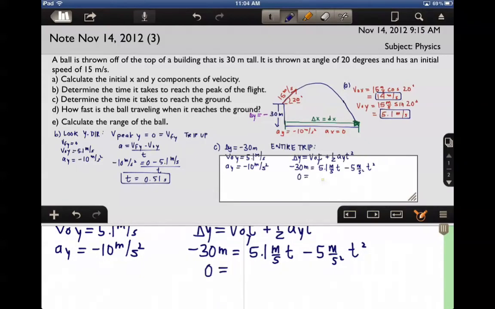I'm going to take the units out just to make it easier. 5t squared plus 5.1 plus 30. Oh, this should have a t in there. You can use a quad program on your calculator. That's what I'm going to do. You can also use the quadratic formula. But when I solve this,